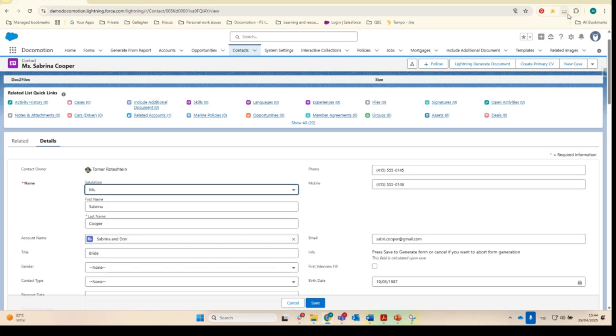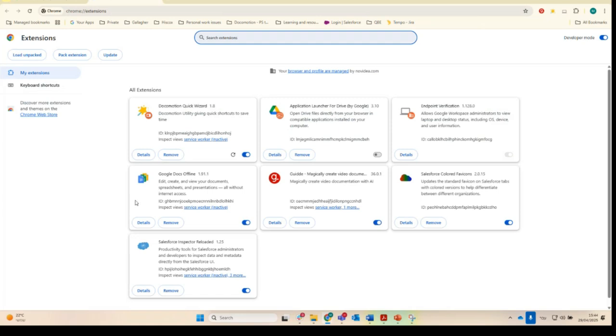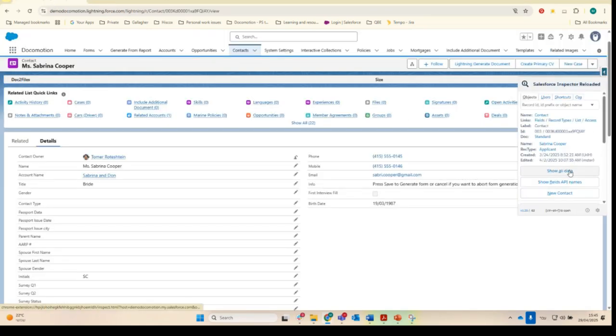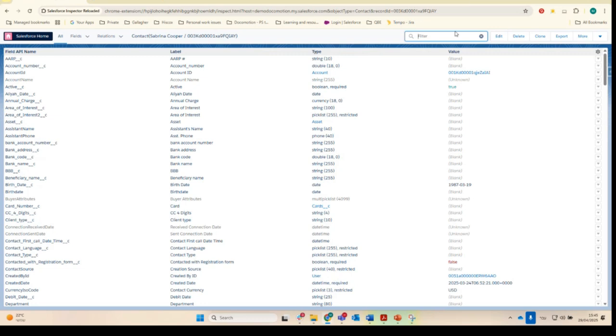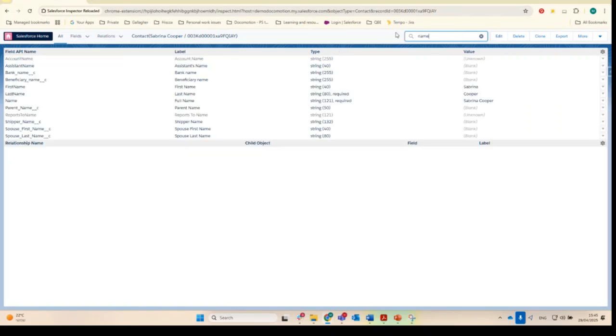To verify the names of the fields we are looking for, we can use the Salesforce Inspector, which is a Chrome extension available from the Chrome Web Store. This is the inspector that we use. There are newer versions available from the Chrome Web Store. Here, we can see salutation, first name, and last name. However, these names also appear in the background on our main object, the opportunity. Now, staying on our main opportunity object,